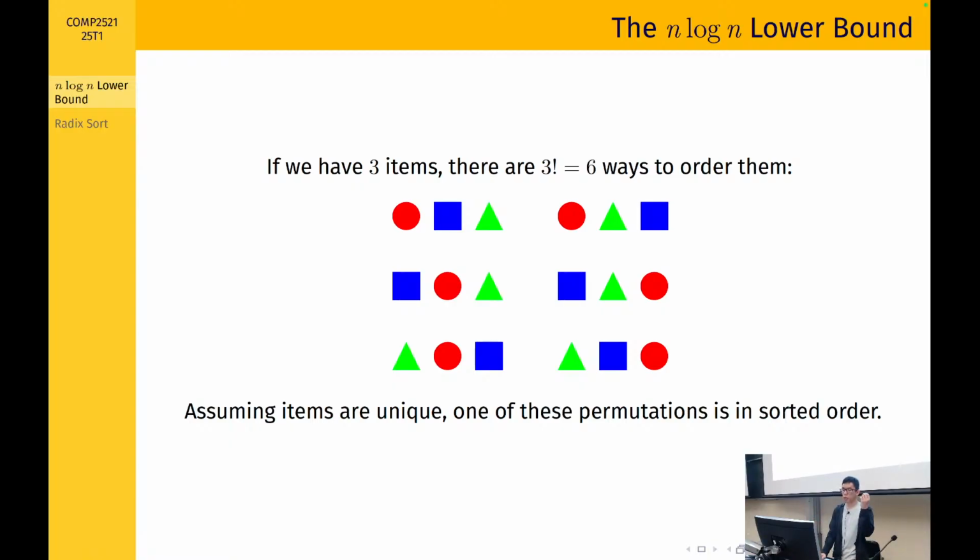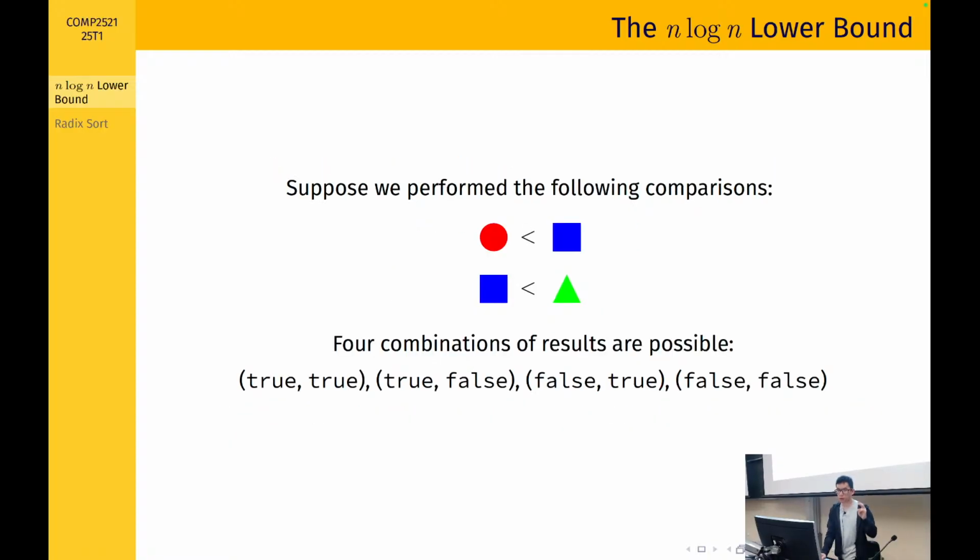But if we only perform 2 comparisons, then there are 4 possible results of those comparisons. So say we compare circle with square, square with triangle. There are 4 combinations of results. So either both comparisons are true, so circle is less than square, square is less than triangle, or the first comparison is true and the second one is false, or the first one is false and the second one is true, or both comparisons are false. Okay, so 4 possible results,